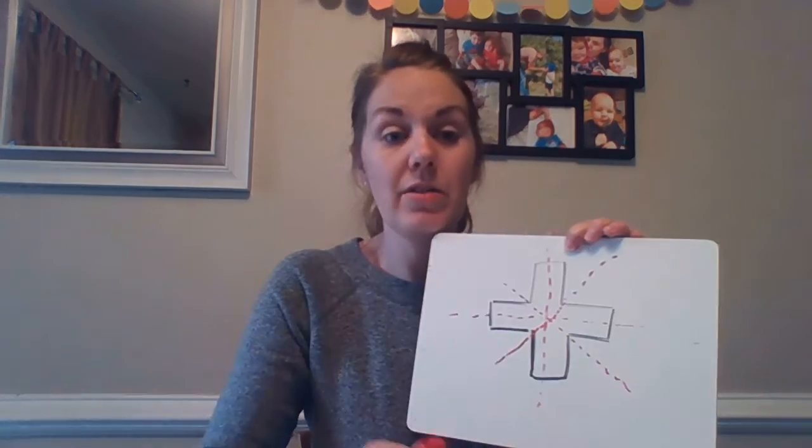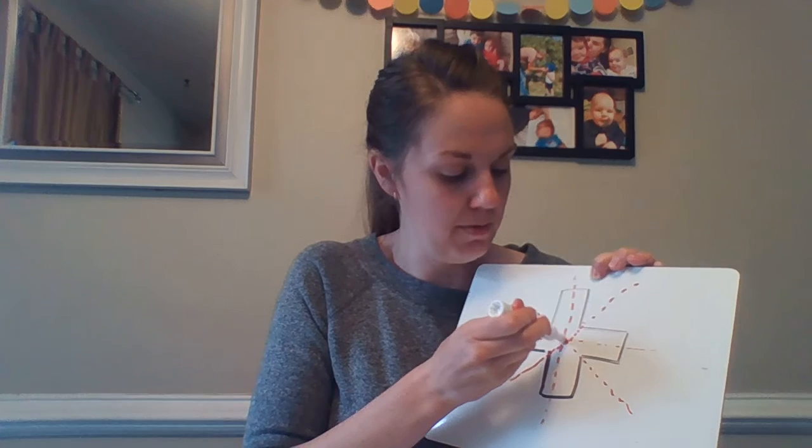All right. The problems on page 361. Number 8 says, on a separate piece of paper, trace the oval and show all lines of symmetry. What do you notice about the place where all the lines of symmetry cross? Just like on the cross too, you'll notice that there's a point where all of them meet. If we had our oval,